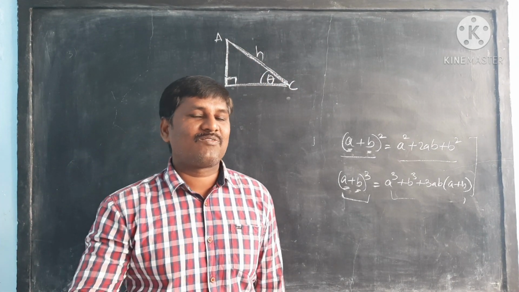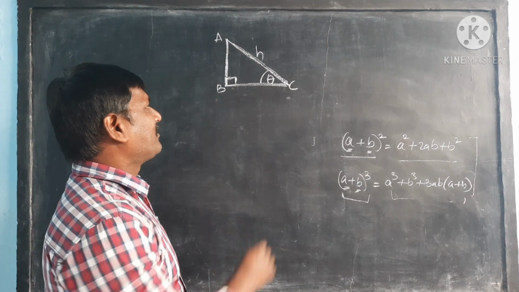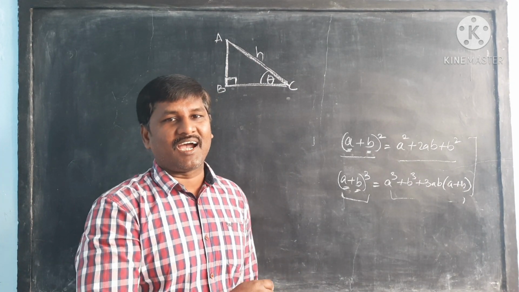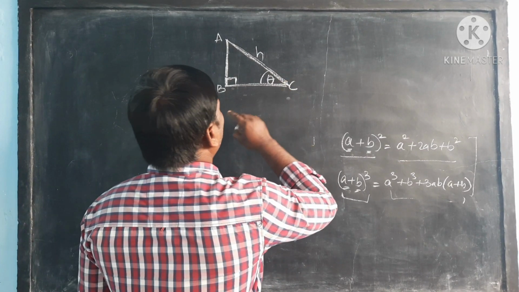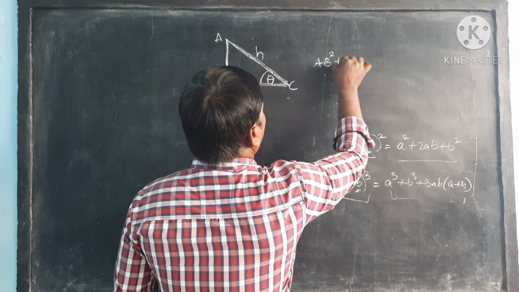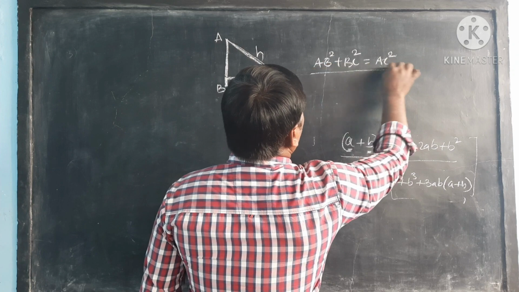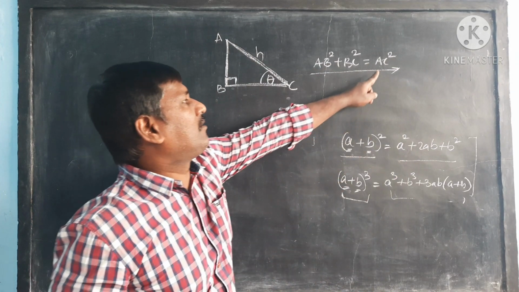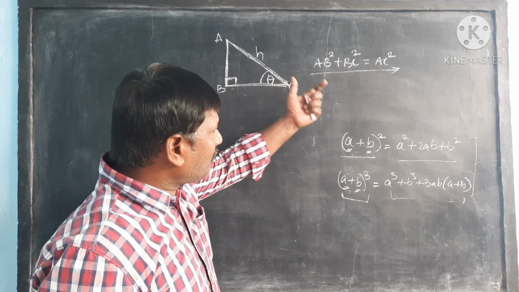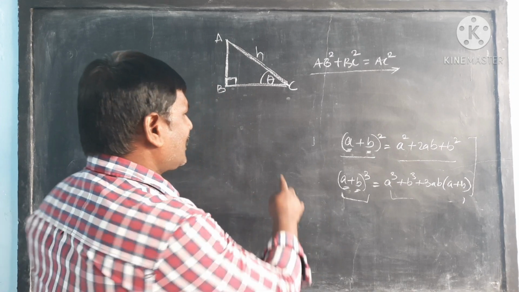The Pythagoras theorem is the father to derive the three trigonometric identities. Why it is called the father means that out of this Pythagoras theorem only you can get the three trigonometric identities. So now let us write down the Pythagoras theorem, which is AB square plus BC square is equal to AC square. We know that the square of the hypotenuse is equal to the sum of the squares of the other two sides. So out of this one Pythagoras theorem, you can get the three trigonometric identities.